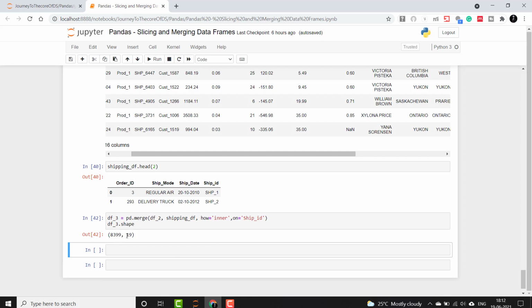Okay, so it has given us 19 columns with 8399 rows. Okay, let's now create the master df, which will have all the columns of all the other data frames.